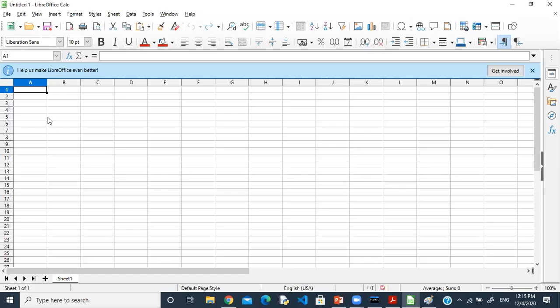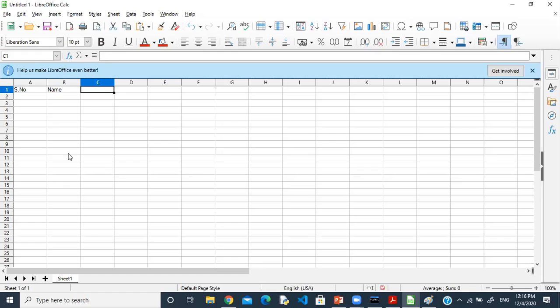Suppose I want to enter the value here. So I simply start typing this way, serial number. With the help of the arrow keys, the Enter key, and the Tab key, you can move the cursor from one location to another. Okay. By using Tab, you can move. By arrow keys, you can move: up arrow, down arrow, left arrow.